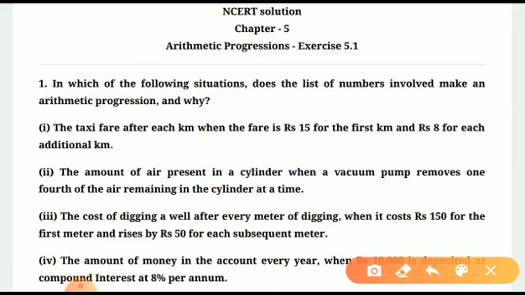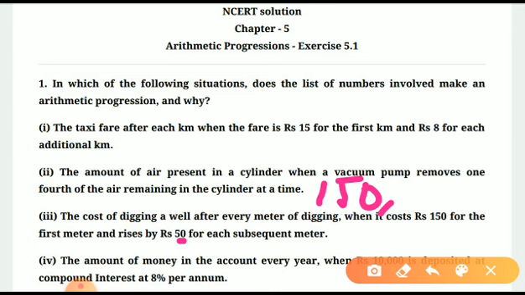That means if you are going to dig a well, the fixed price for 1 meter is what? 150. So for the first meter, if you are going to dig the well, it will cost you 150. And for each additional meter you dig, the cost will rise by 50.